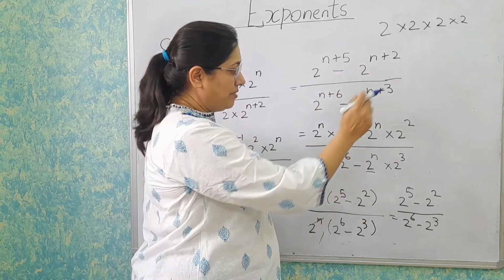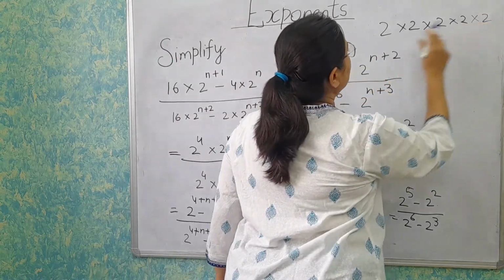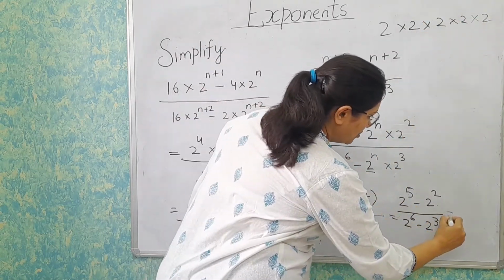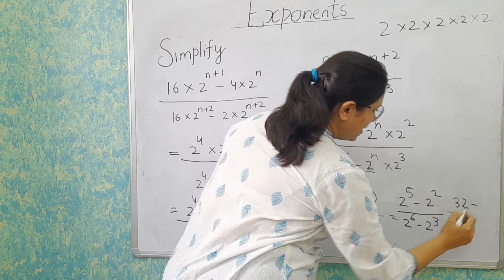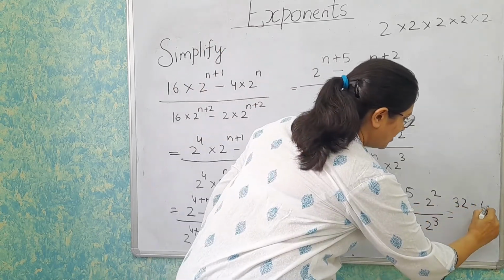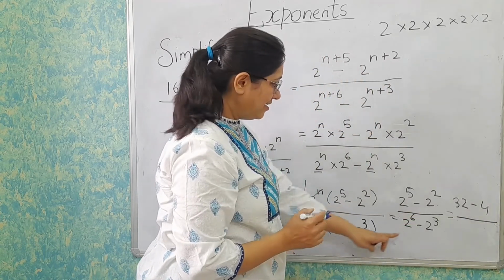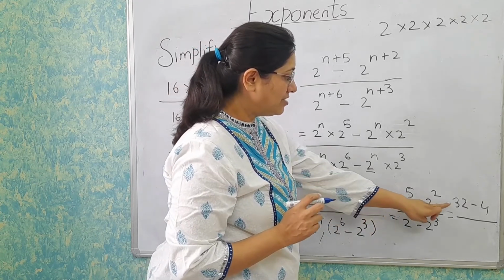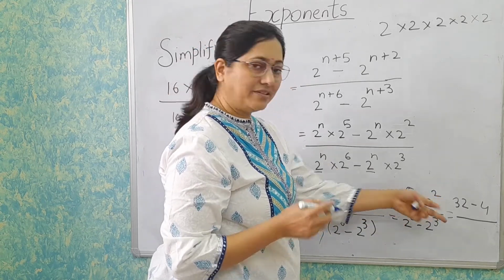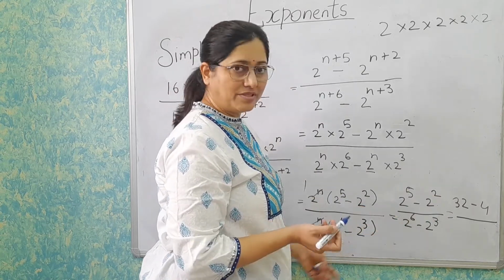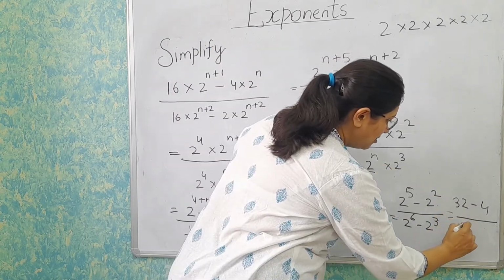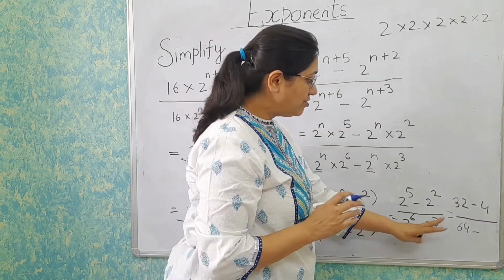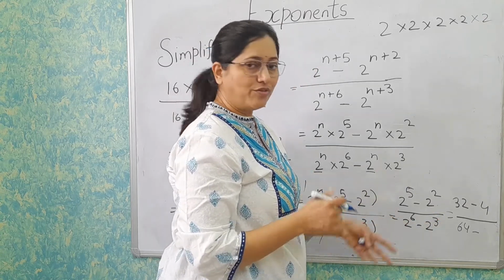You have to multiply 2 with itself for 5 times. So, if I multiply 2 for 5 times, it will become 2, 4, 8, 16 and 16 to the 32. So, I can write 32 minus, again 2 to the 4, it's easy. Now I have to multiply 2 for 6 times. When I multiplied 2 for 5 times, answer was 32. So I have to multiply 32 one more time so that it will become 6 times, and 32 twos are 64, minus 2 multiplied for 3 times. 2 is not getting multiplied with 3. So 2, 4, 8.